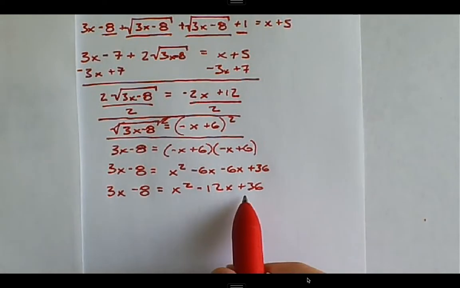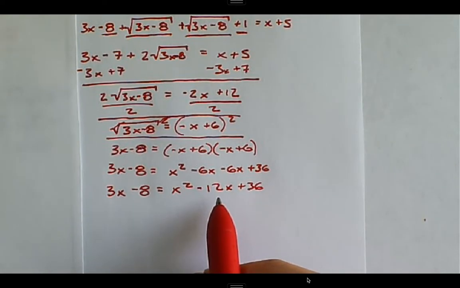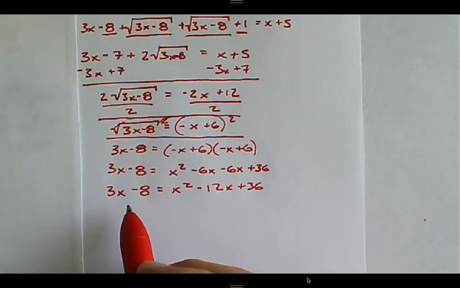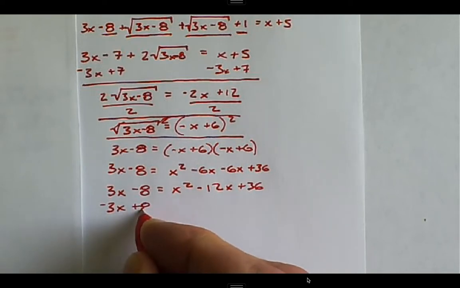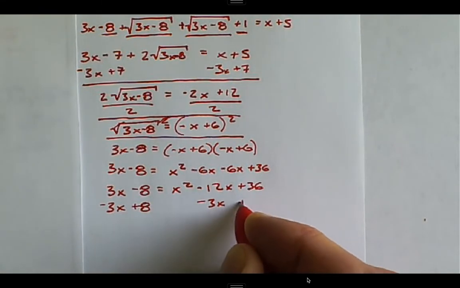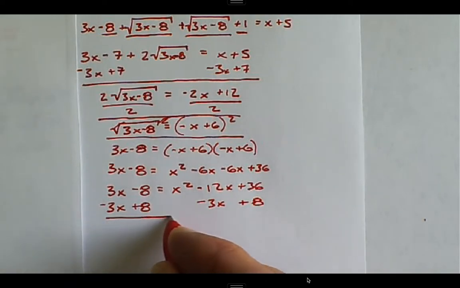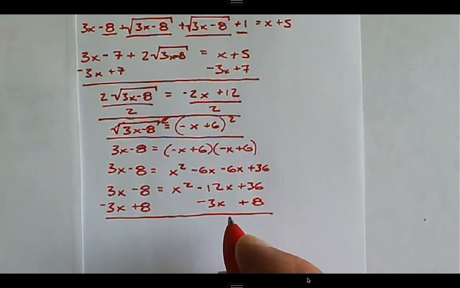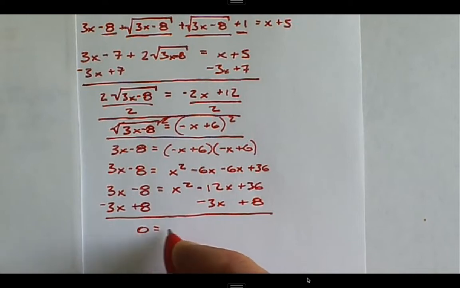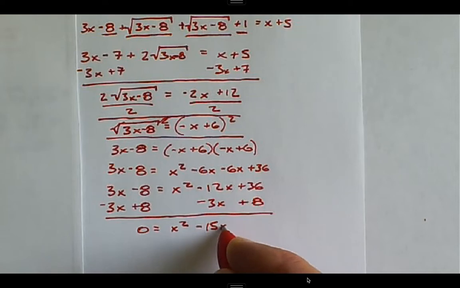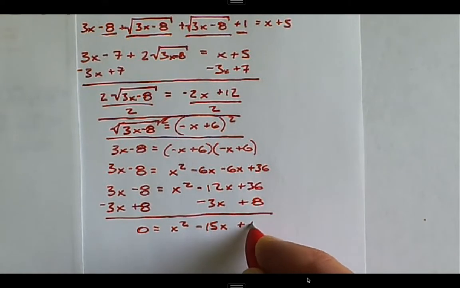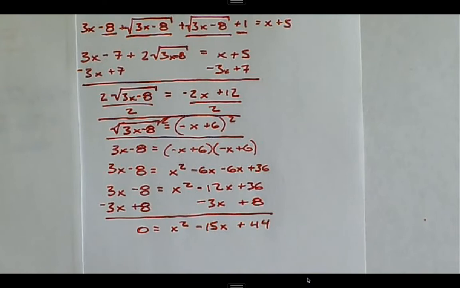So we have a quadratic on the right side. So we have to get the left side equal to 0. So what we want to do is we want to subtract 3x and add 8. So subtract 3x and add 8. And we get 0 is equal to x squared minus 15x plus 44. And fortunately, we can factor this. So 0 is equal to